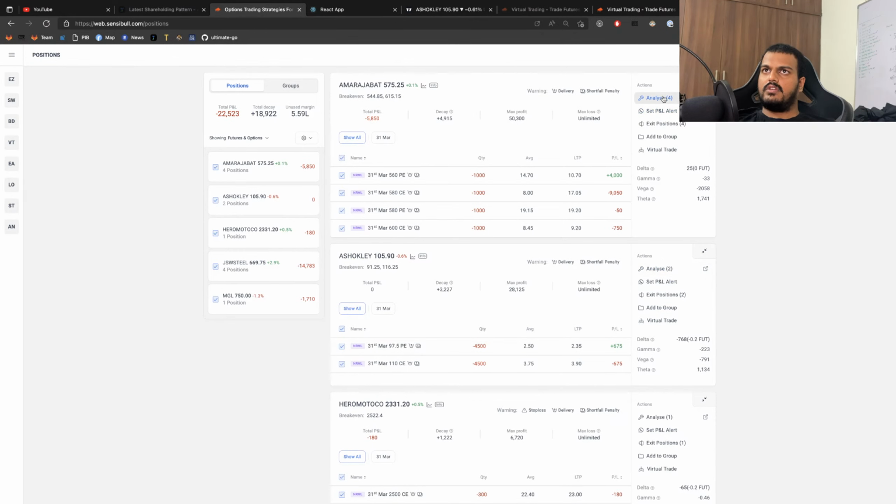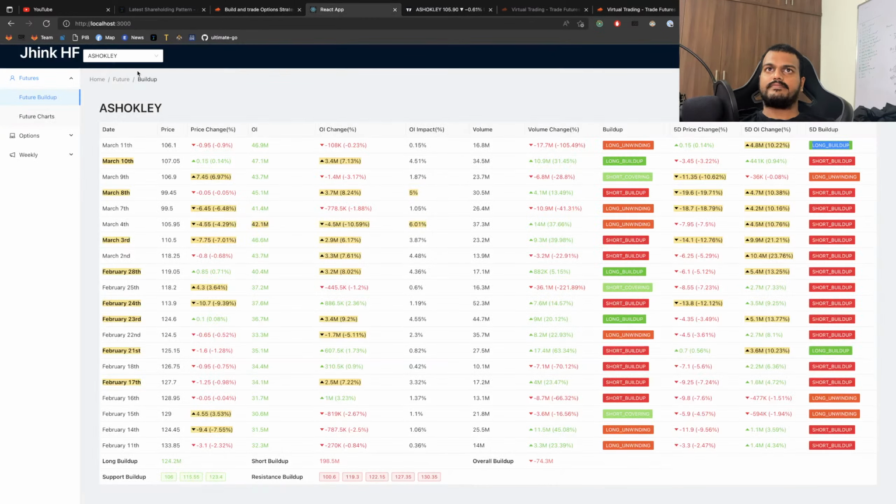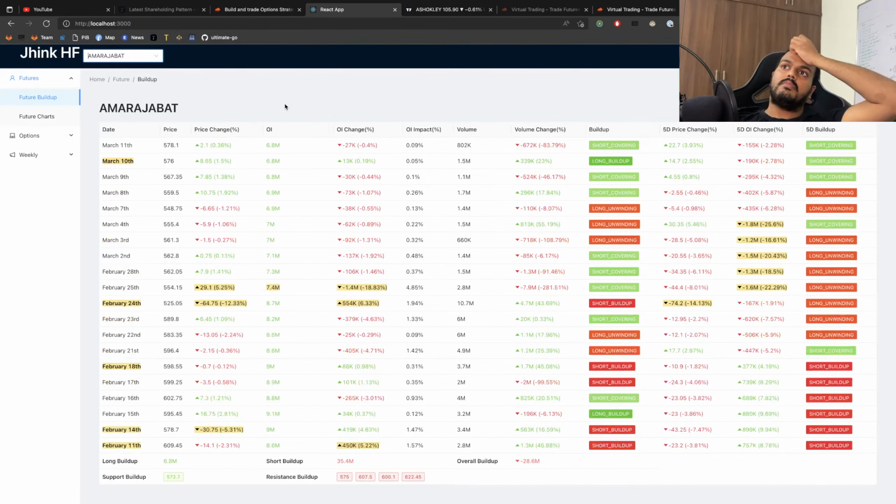Ashok is fine. Let's go to Amara Raja batteries or Amron batteries, which has taken a huge downfall, but now if you're seeing there is a long build up which has happened, and short covering and long build up. But if you're seeing the overall trend was always bearish because of various things which are going on in the state of AP, but ultimately it is bearish.